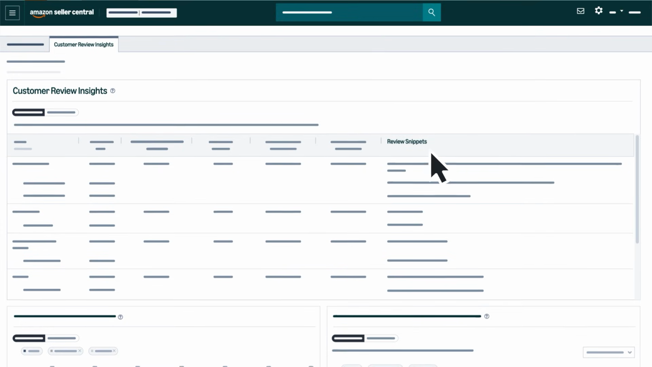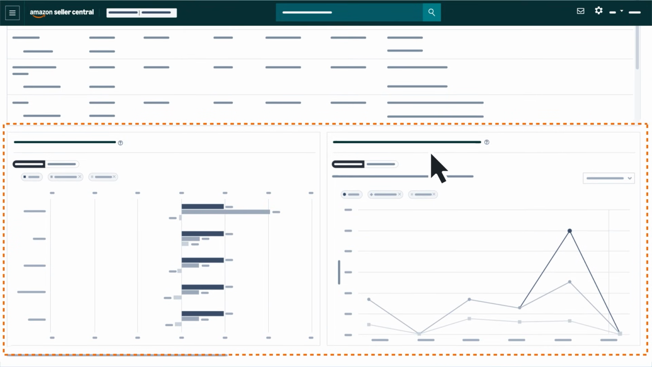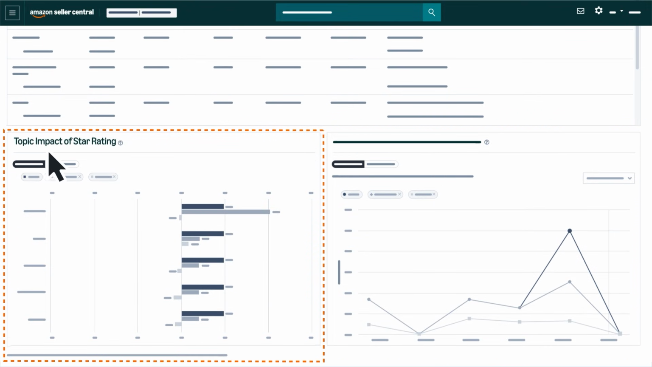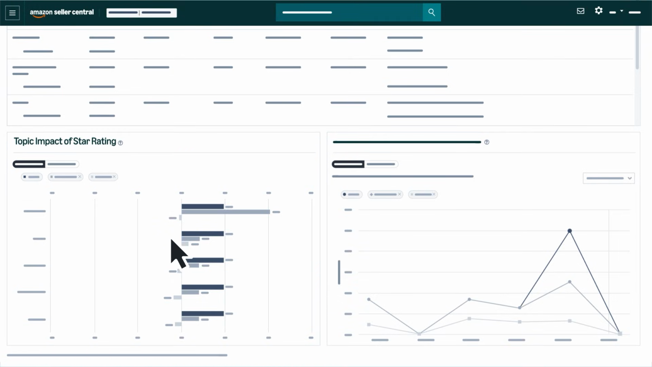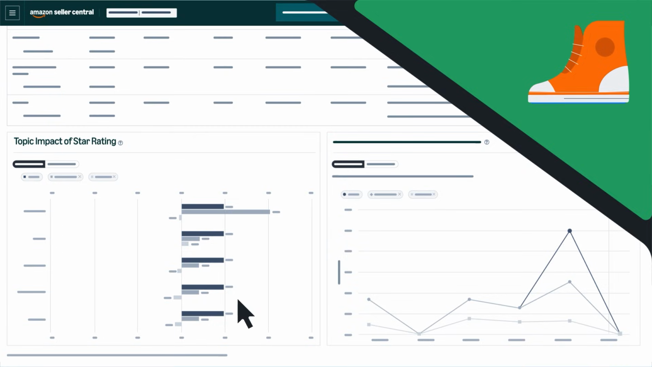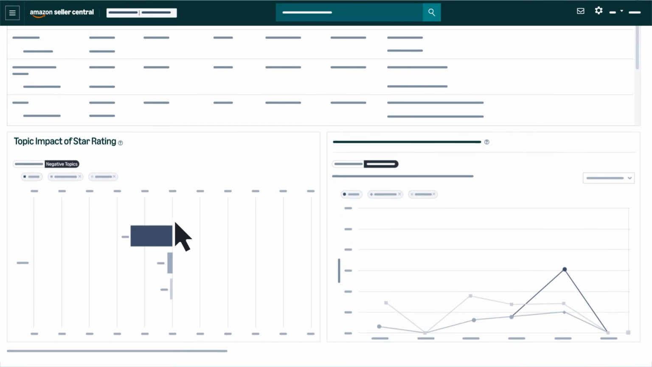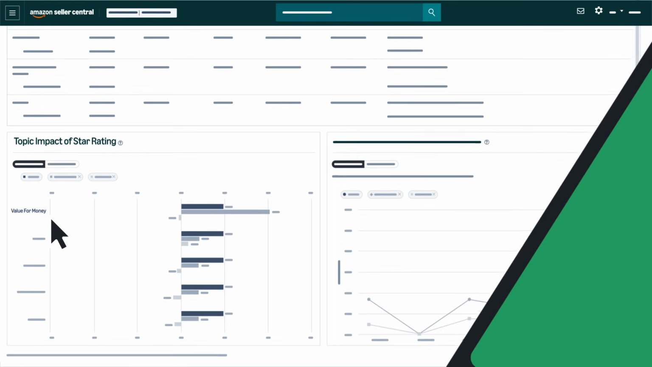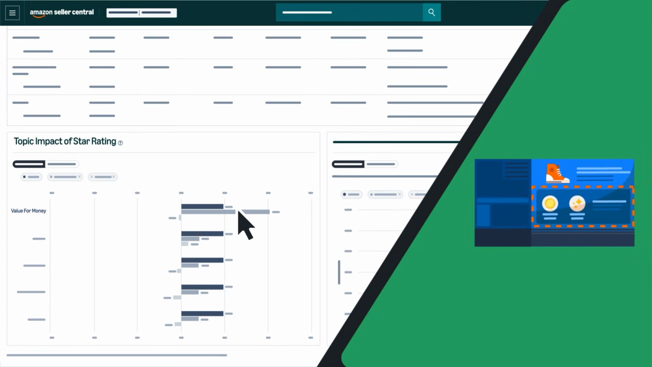Below the Customer Review Insights section, you'll see 2 interactive visualizations. The Topic Impact of Star Rating chart illustrates how customer feedback themes affect product ratings for a niche or a product. Use the toggle options to compare different metrics and analyze performance. For example, if value for money consistently boosts ratings, you might want to prioritize that experience in your product design